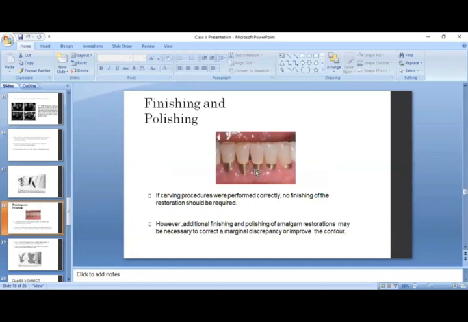So this is basically the finishing and the polishing. Polishing of the amalgam is very important because polishing gives you most of the advantage. First of all, after the polishing of the amalgam restorations, the shine or the luster that will be produced prevents the restoration from plaque or the continuous accumulation. Secondly, the longevity of the restoration is increased. And the third, after the finishing,